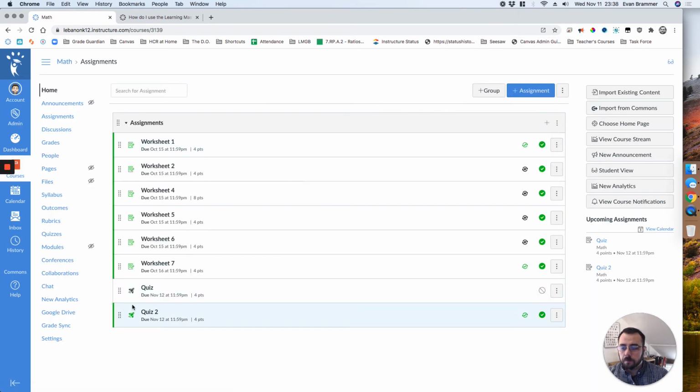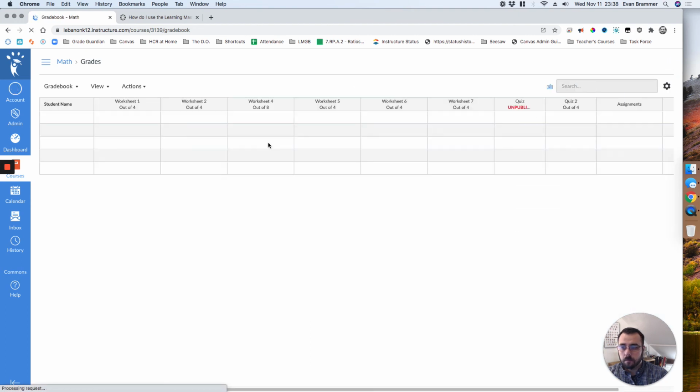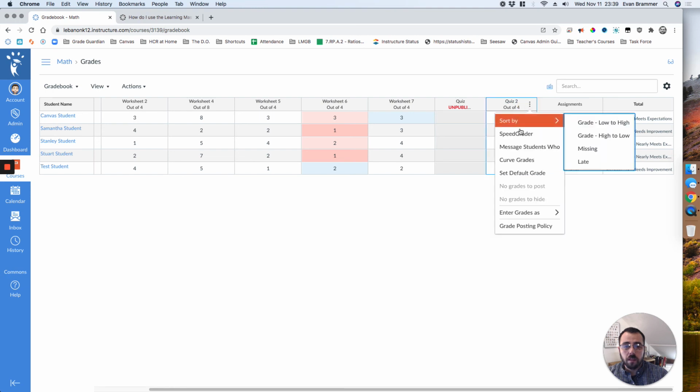Okay, well, if I am in my assignments page, basically I need to get this quiz into Speedgrader. Okay. And so if I click on the quiz, it's going to cause me to go into the actual quiz. And so the workaround is actually to go through grades. And I got to get back to my normal gradebook. And right here, quiz number 2. And so what I'm going to do is I'm going to click the 3 dots and I'm going to hit